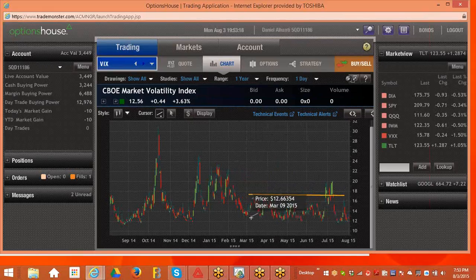If you were to draw it, let's say from here to right around here, we could call that something around 12. So when there's normal volatility, I like to buy calls on this, and when it's up around the 16, 17 area,